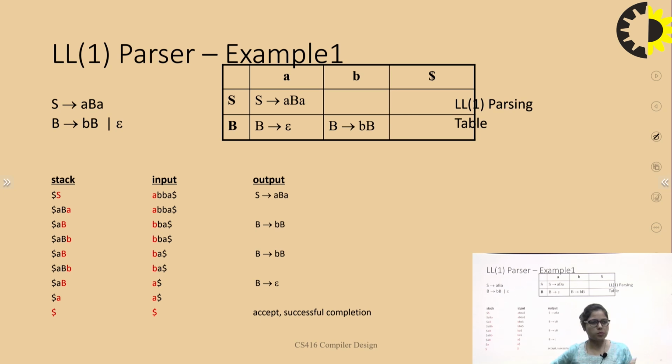The first of epsilon is epsilon, but in this case we need to calculate the follow. Now how would I calculate a follow? Basically, follow is for a non-terminal. For example, if I'm talking about B, B is here, and just after B, what terminal or non-terminal is present? Small a is present after B, so the follow of B is a.